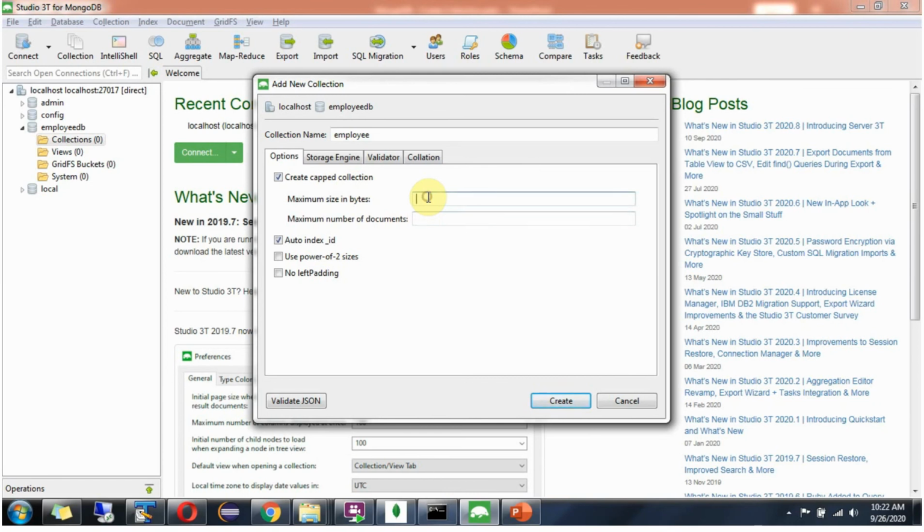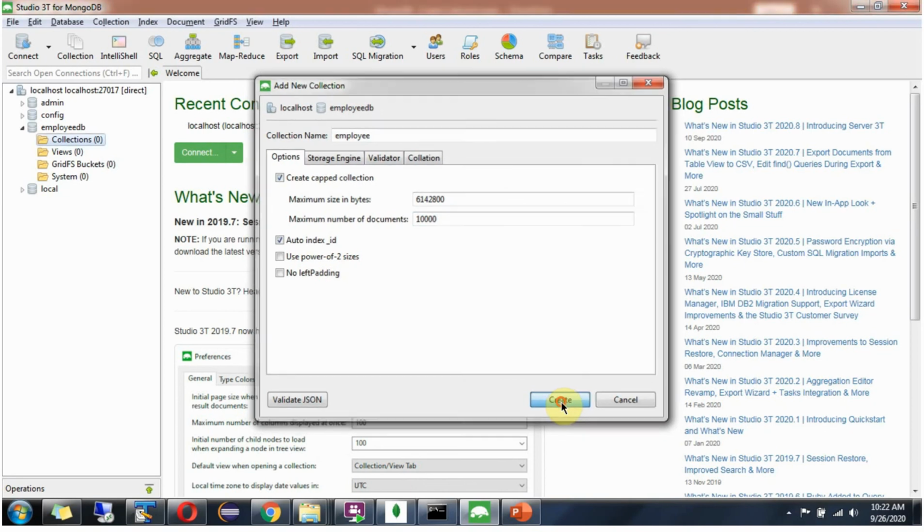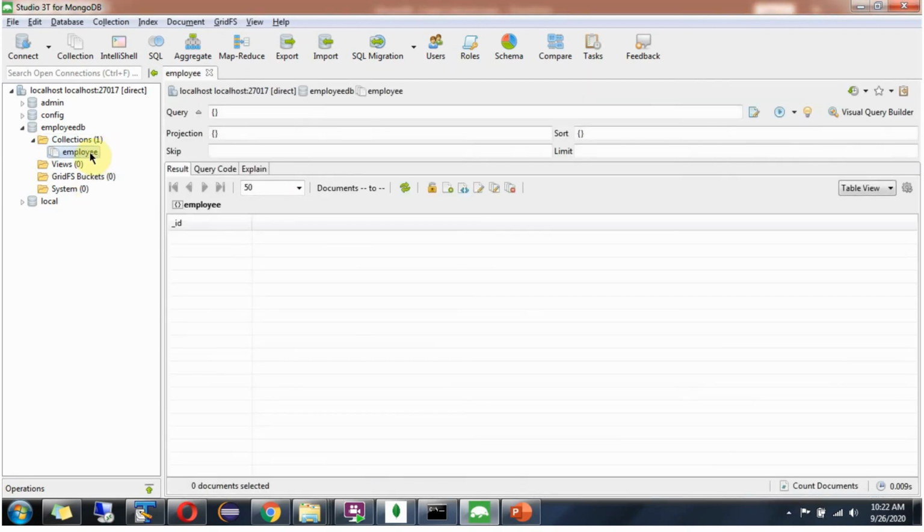Maximum size in bytes, enter this value, and maximum number of documents 10,000, and auto index ID is checked. Click on create. This will create the employee collection, which is a capped collection. And here you can see the capped collection is created.